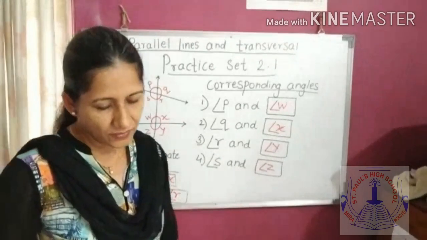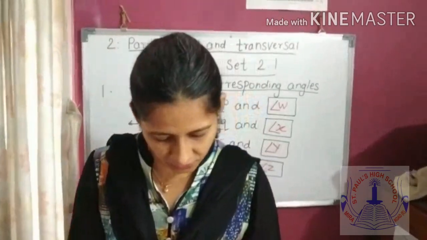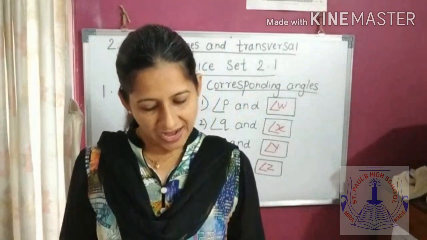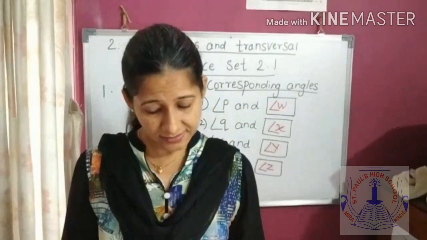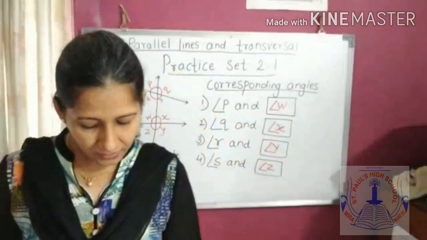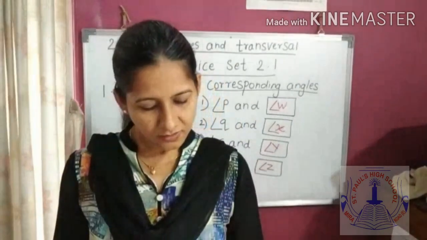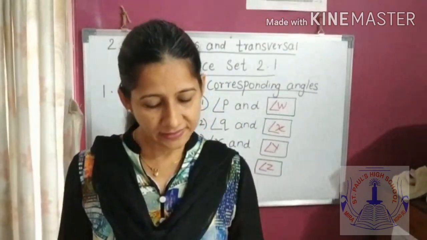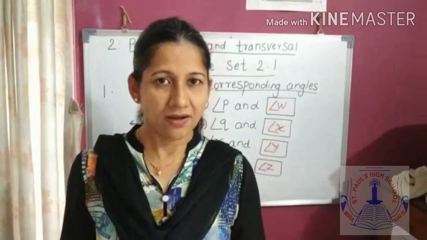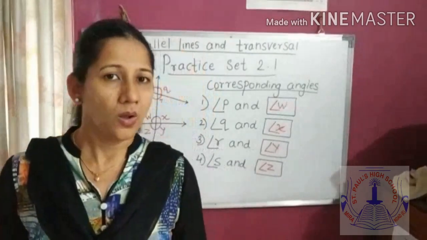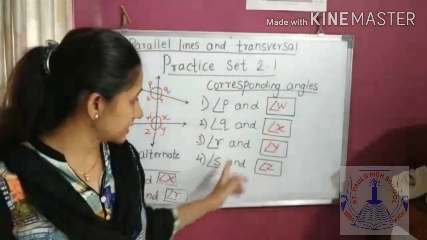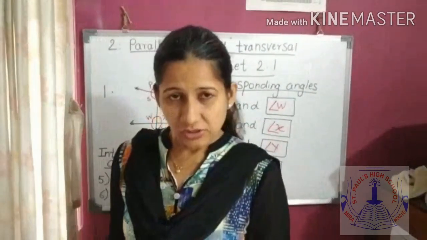Now, just observe the second question in your textbook. They have asked, observe the angles shown in the figure and write the following pairs of angles. They have already given the figure, which is somewhat the same type. They have asked you to write the pairs of interior alternate angles, corresponding angles and interior angles. After explaining all these different angles, how they are grouped in pairs along with the definitions, we have also solved the first one from the practice set.